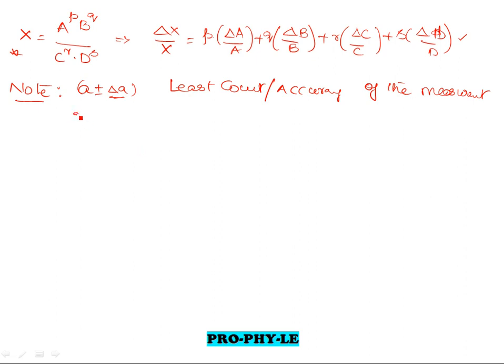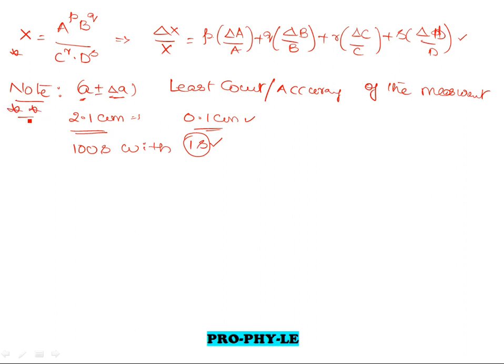Suppose you are given like this, I am measuring a length of 2.1 centimeter. Here the least possible value I am measuring is 0.1 centimeter, so this 0.1 centimeter will be the error for this measurement. So A will be our mean value and delta A is nothing but 0.1 here. Similarly, suppose I am measuring a time of 100 seconds with 1 second accuracy. That implies this 1 second accuracy gives the error, and this 100 seconds gives the mean value. That is how you can use this particular note point.